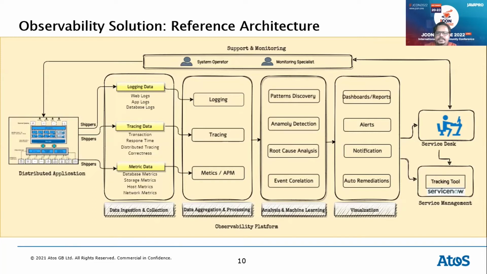The next stage is where you have the analysis and machine learning. While you have the data in the right format and right semantics, these are all the analyses that you do on top of it: pattern discovery, anomaly detection, root cause analysis, event correlation. Multiple things go in as part of the intelligence that you have. This is a very critical capability or service of that pipeline. It gives you the ability to do predictive analytics, anomaly detection, pattern discovery, or root cause analysis.